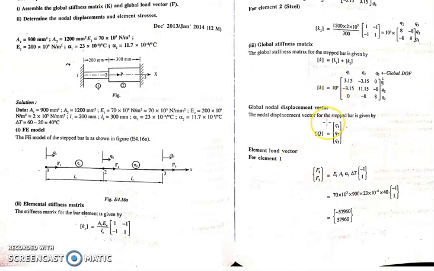This procedure was also similar to the earlier problems, but the element load vector is somewhat changing. That is F1, F2. See, for element number 1, this is F1 and this is F2. You can see the FE model also. Here you need to apply a formula, that is E1, A1, alpha 1, delta T, with minus 1 and plus 1. So this is the formula you need to remember when you are solving a problem on temperature effect.